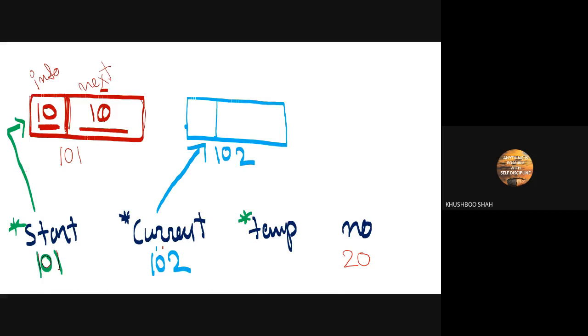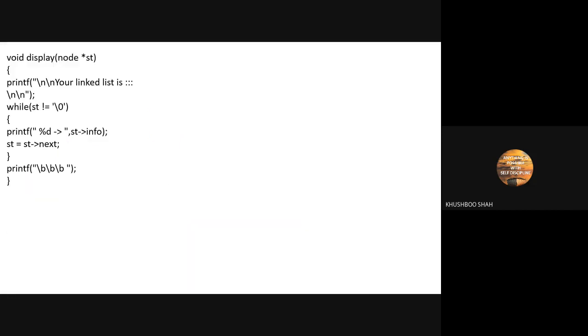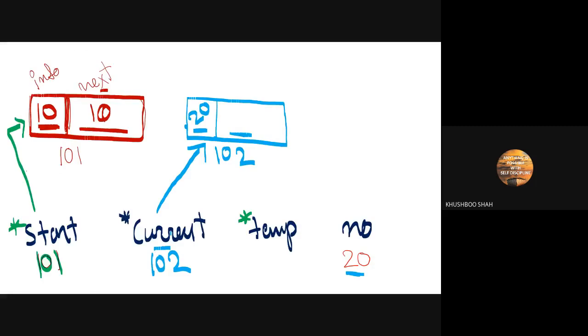So this is my current, this is my info part, and this 20 we want to assign over here. So this second node's info section contains 20. Then the next line says current next is null. Current's next means this is next, and it is null.